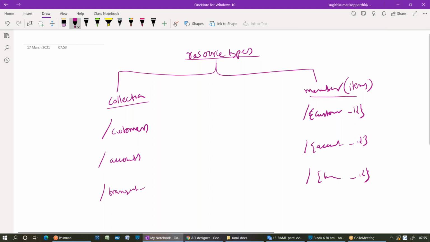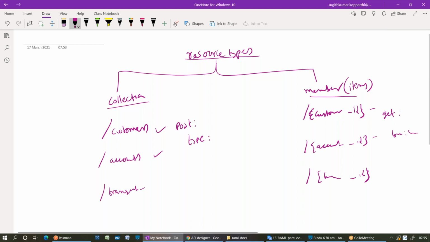Now, what is common in these two resources? Post method is common, right? Apart from the type in the post method, everything is common. In these two methods, what is common? Get method is common. In that also type is customer. Other than that, everything is same, right?